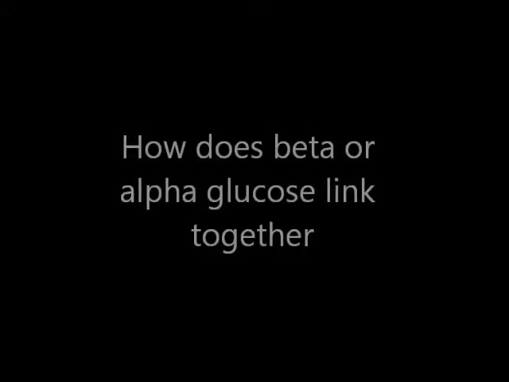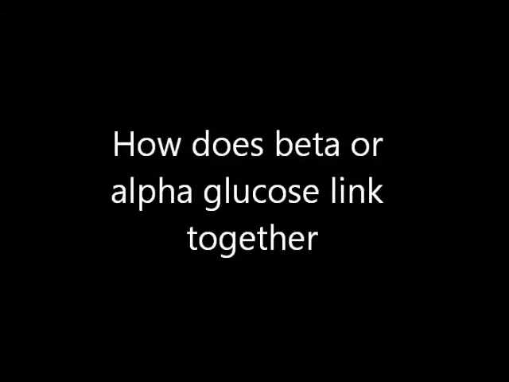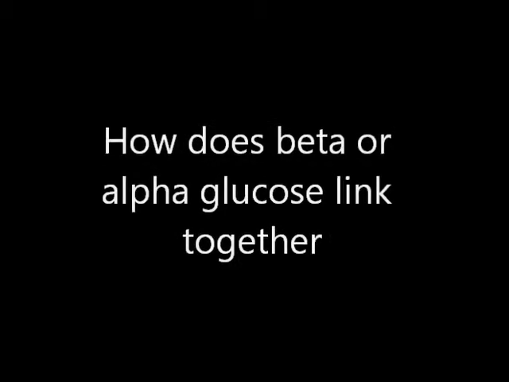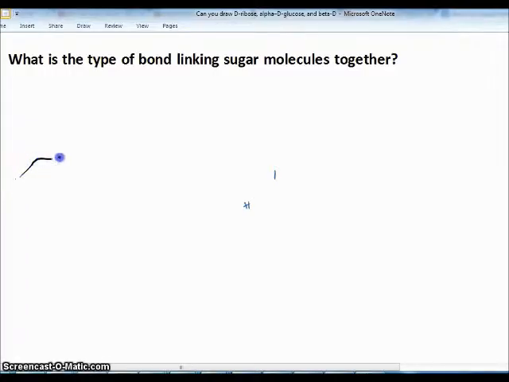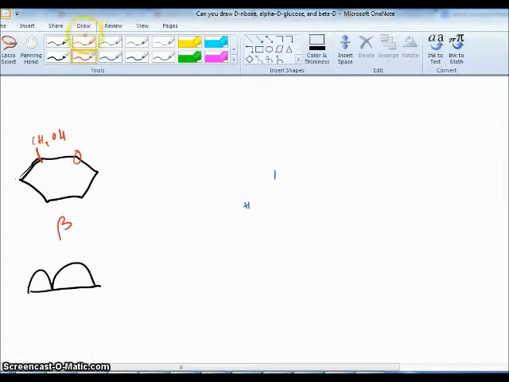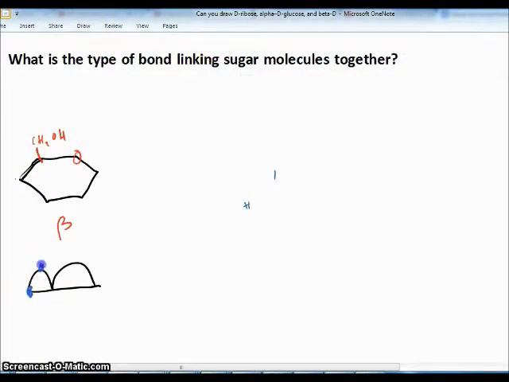Alright, so what did we learn about the structure of beta and alpha glucose? There's actually some point to it. So let's say I have glucose, and let's make this a beta glucose. Beta glucose means the structure is the same, and then this OH group is being changed. So one OH down, one up, one down, and one up. And I can put the rest of the hydrogen in just to be